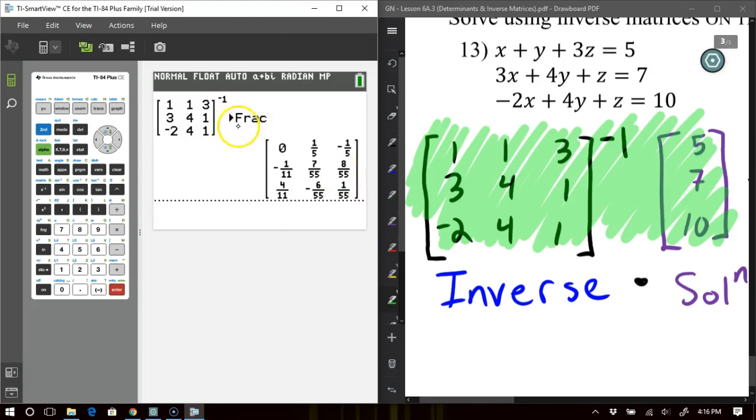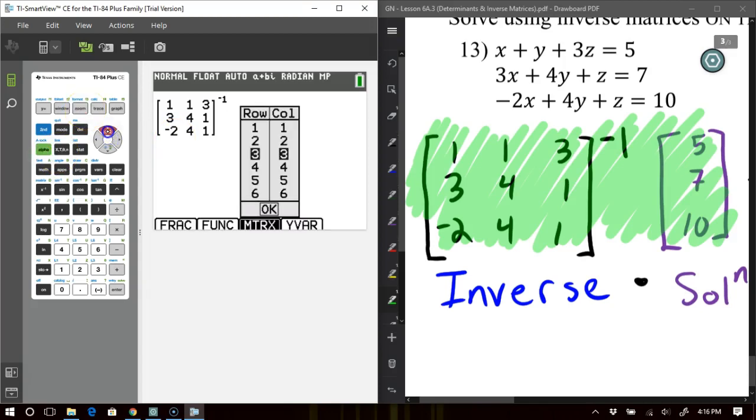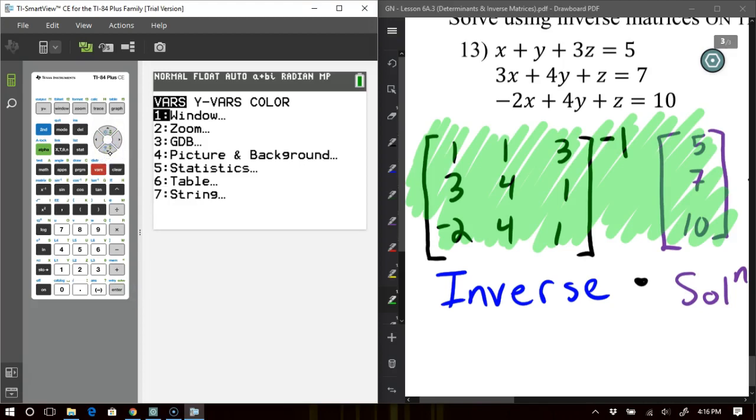And the reason why I hit fraction is because we noticed that most of our inverses have fractions in them. So I'll hit second, enter, pull it back up, delete the fraction part. So we're back to the beginning of our inverse matrix. I want to multiply by my solution matrix. So again, I'm going to hit alpha, zoom, but now I have only 3 rows, but 1 column. So a 3x1,